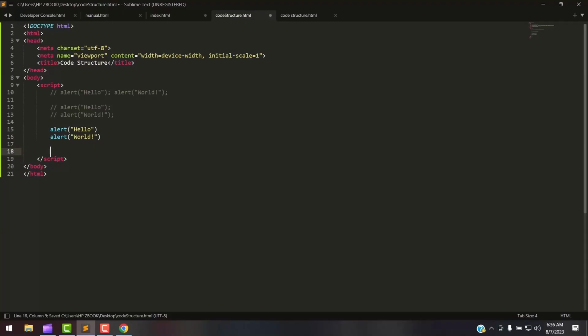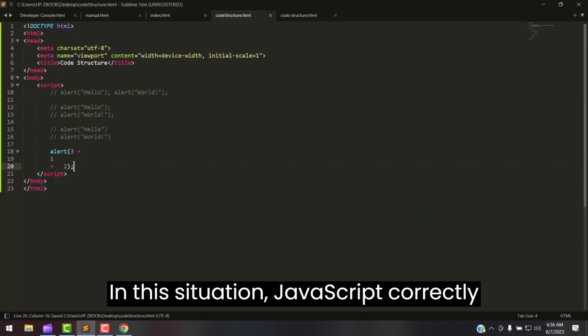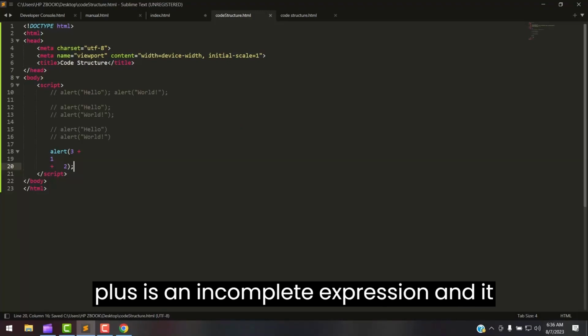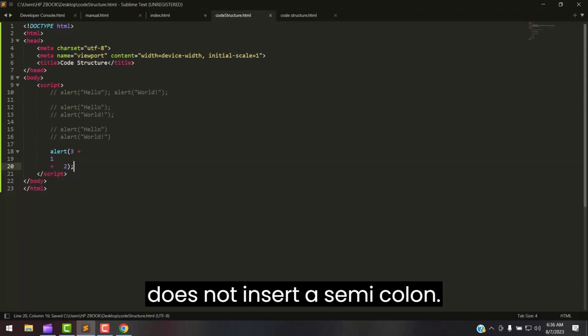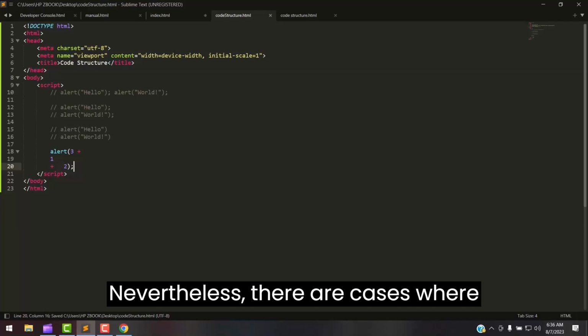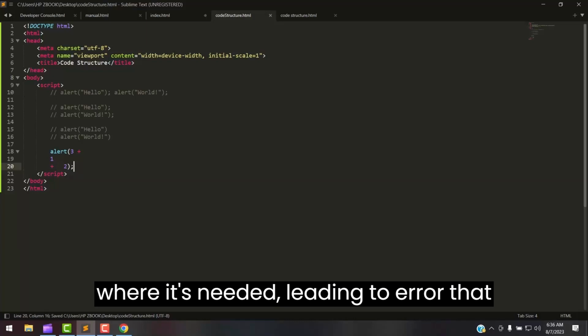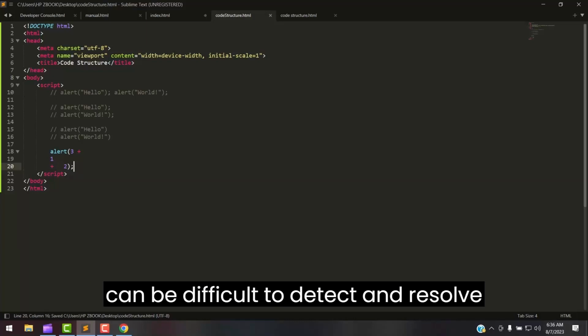For example, in this situation, JavaScript correctly assumes that the line ending with the plus is an incomplete expression and it does not insert a semicolon. Nevertheless, there are cases where JavaScript fails to assume a semicolon where it's needed, leading to an error that can be difficult to detect and resolve. For example,